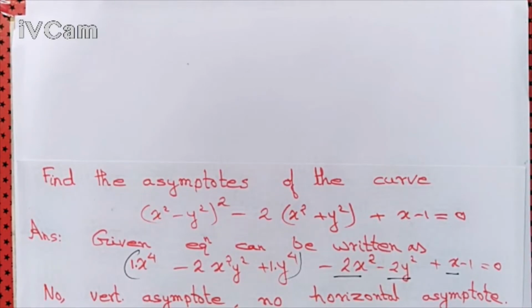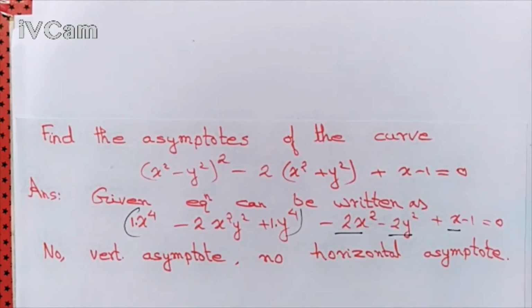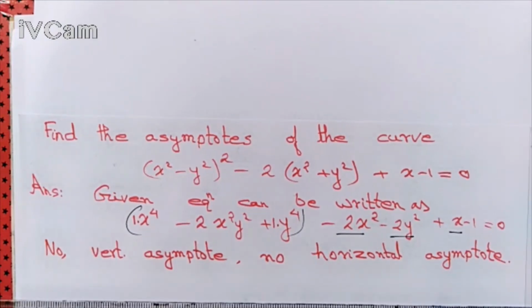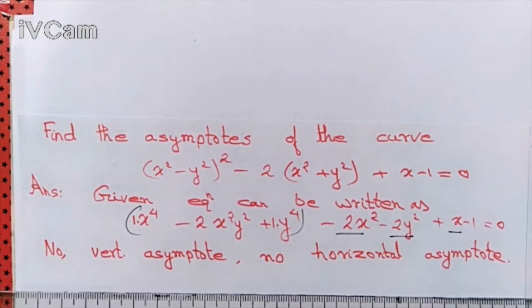What about oblique asymptote? For finding oblique asymptote, okay, so horizontal and vertical asymptote, pretty simple to say. What about oblique asymptote? For oblique asymptote,